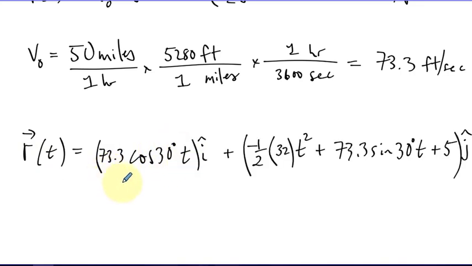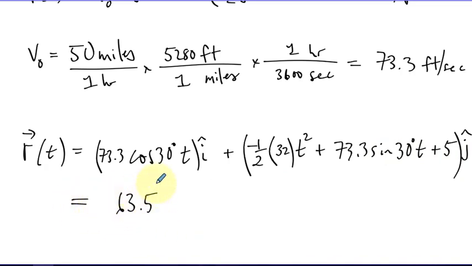Yeah, so there's my initial velocity, cosine of the initial angle times t in the i component, negative 1/2 g t squared. There's the g value that I'm choosing because I'm doing things in feet and seconds here, so acceleration of 32 feet per second squared. 73.3 for the initial speed, the sine of the initial angle times t plus that initial height 5. So this will work out to be